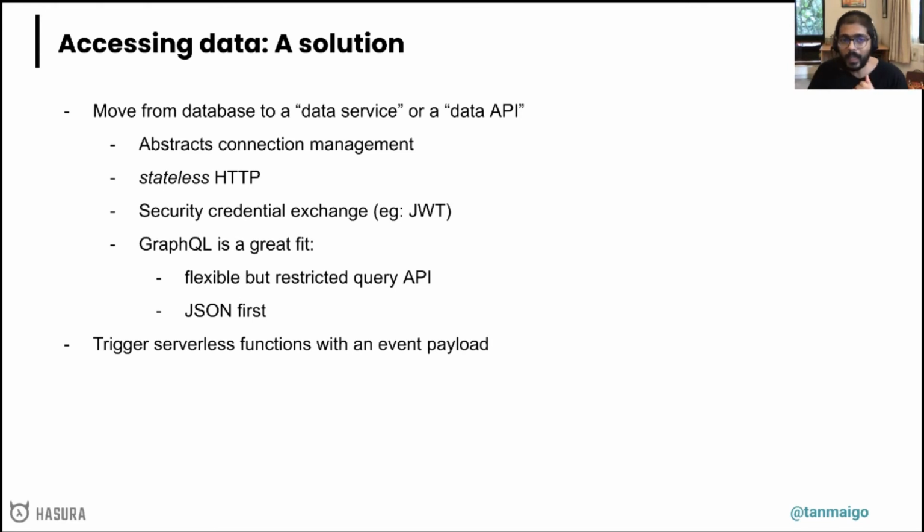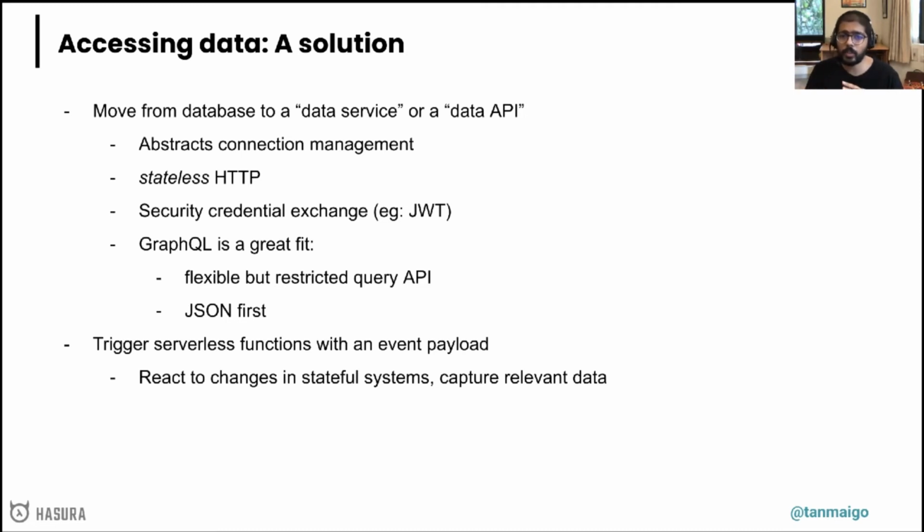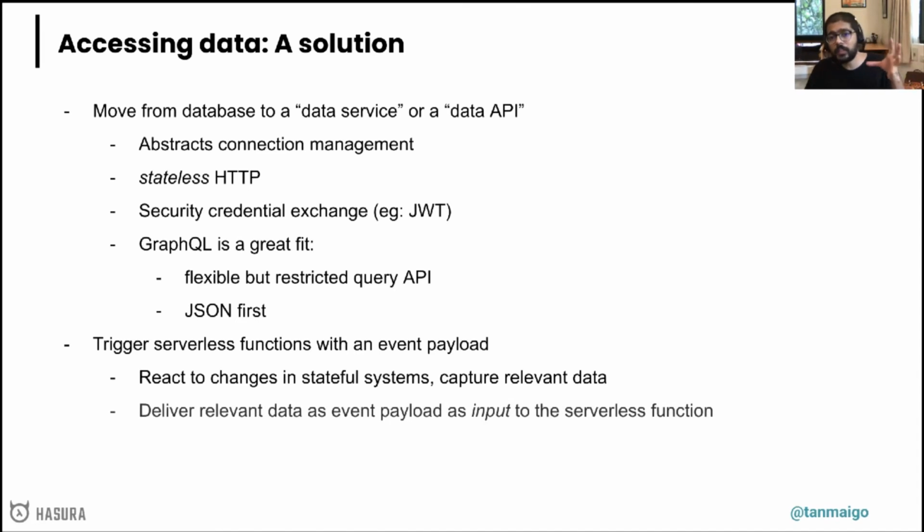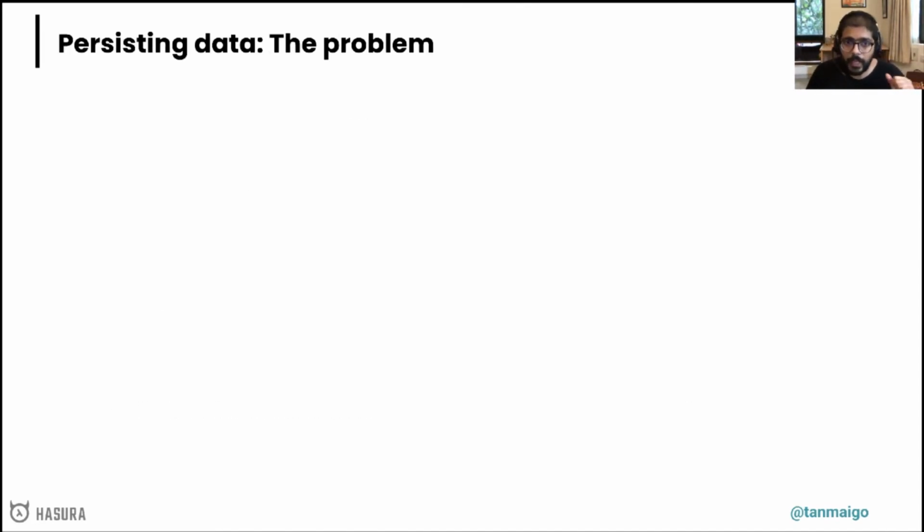But the other pattern here for accessing data is to not really access data after the serverless function runs, but to send data to the serverless function and to trigger that serverless function with an event payload. So for example, you react to changes inside a stateful system. So you capture relevant data in the change, and then you deliver that as a payload, which then becomes an input to the serverless function, right? And